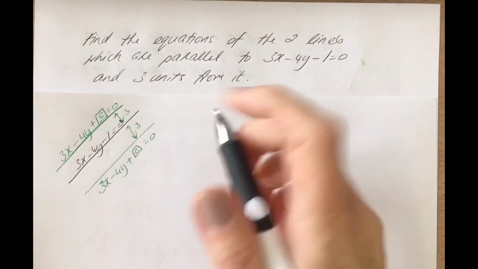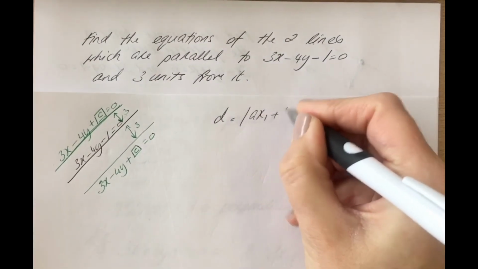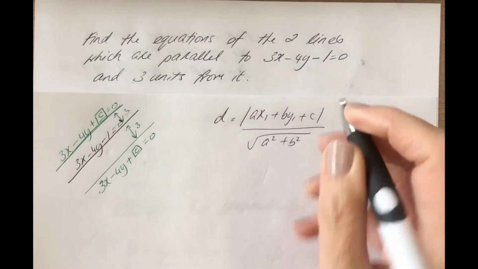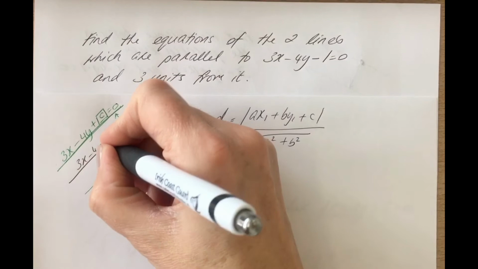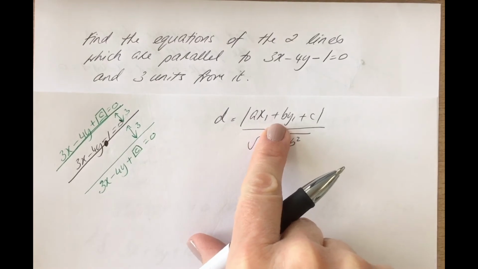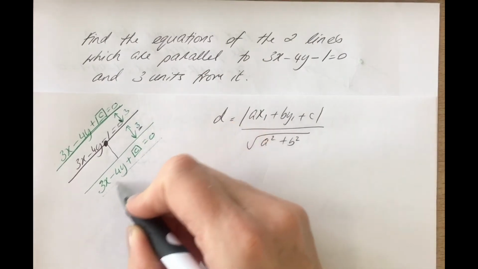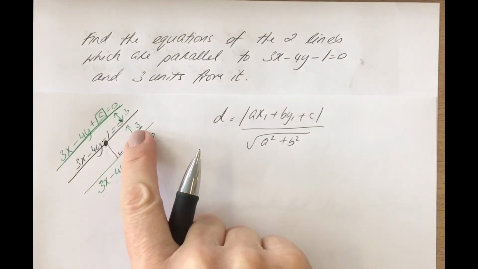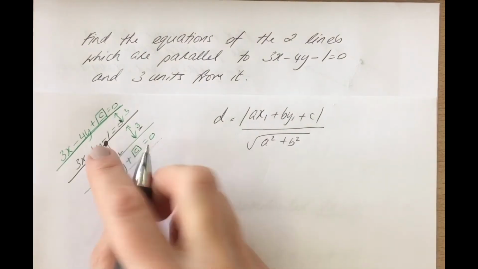Now the other issue is, if we want to use our formula, the distance equals ax1 plus by1 plus c in modulus signs, all over the square root of a squared plus b squared, I need the distance between a point and a line. So if I had a point on this line, it would be really useful, because I'd be able to use this formula, given that I know the result and the majority of the setup of these two parallel lines. Then I would be able to fill in the distance of 3 and work out the values for C. So the first thing I'm going to do is find a point